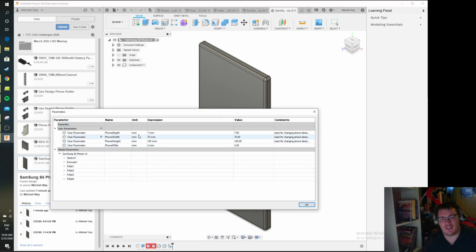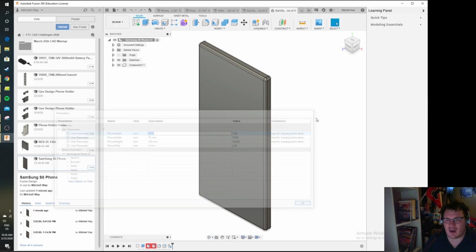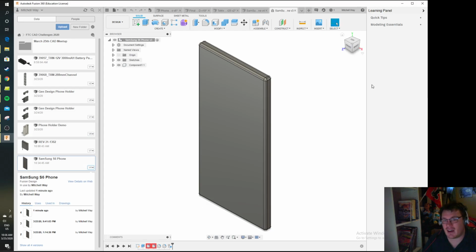So for the challenges, I want you guys to design some stuff. I want you to upload some step files, some CAD files, or even some picture files if you just take a screen capture, and throw them in that folder that we put on Discord. It's also in the challenge folder if you go to the actual FTC site we laid out, there's a folder in there for us to upload stuff. Keep in mind if you're uploading stuff, and I think we're all good with this on the gracious professionalism side,